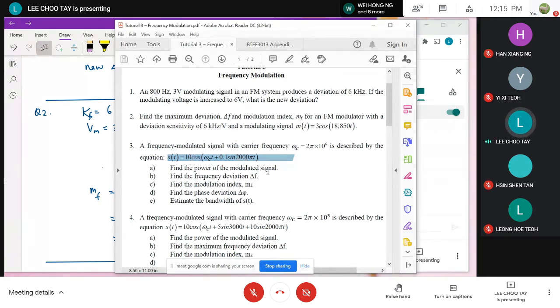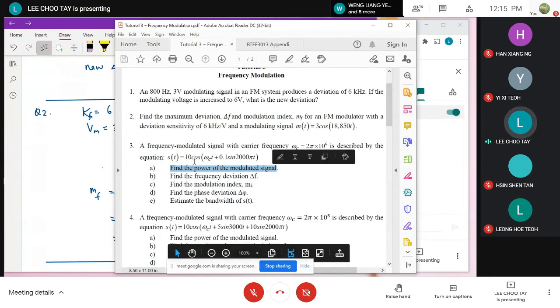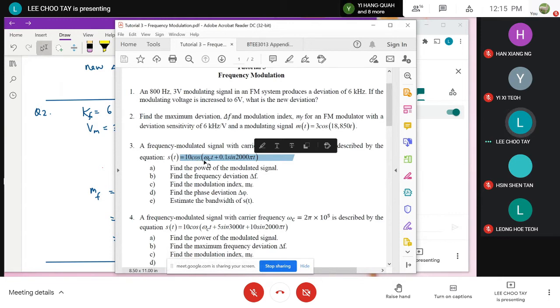First of all, you are asked to find the power of the modulated signal. If you look at the equation, the modulated signal is a cosine signal again. The maximum value of cosine is 1, and therefore the peak value of your FM signal is 10. The modulated signal is a sinusoidal signal, since a cosine signal is a form of sinusoidal signal. So the power of any sinusoidal signal is equal to the